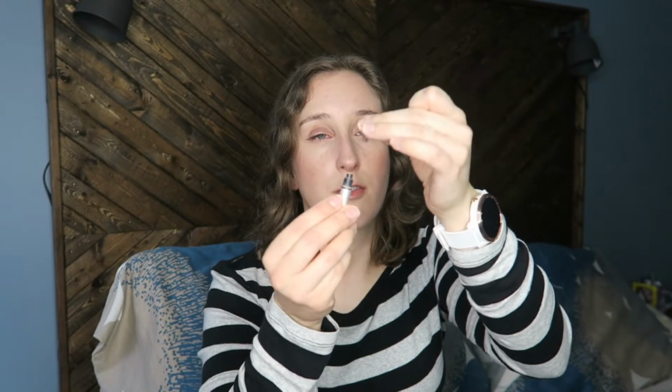So it has the little spoolie brush, which has totally fallen apart because it took me so long to use it. And then the other end was a little crayon that you would draw in. So this is the first thing that I've had to fill in my eyebrows, like an actual pencil. I used to use eyeshadow, and then I used this, and now I have